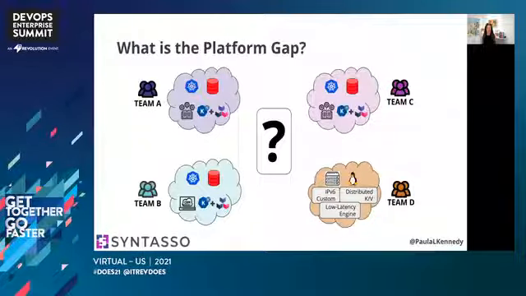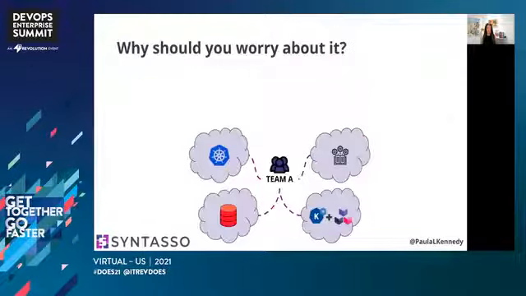And what are the implications of this platform gap? There's several problems with this model. The first thing to notice is the cognitive load on each team. Now, cognitive load is a term found in the field of psychology and is defined as the amount of information that working memory can hold at one time. In this case, we can see that Team A is managing quite a lot. And the more things that they're managing, the more information they have to remember about each part of the stack, and the less they are focused on the actual application that is delivering value to the business.